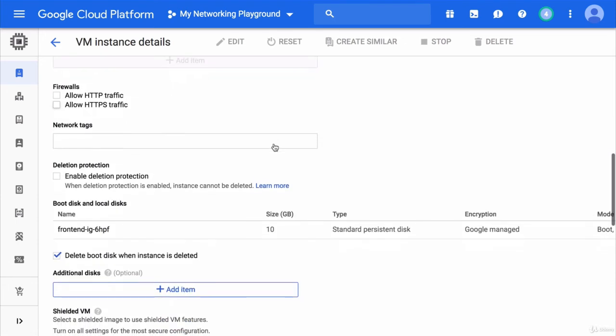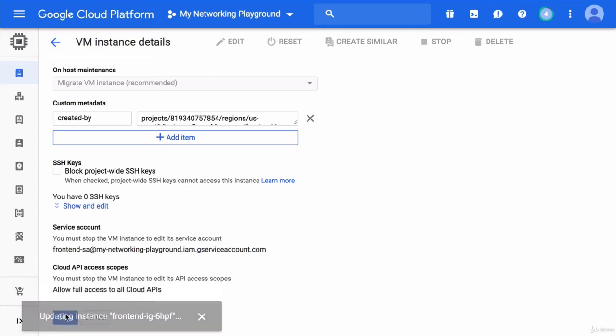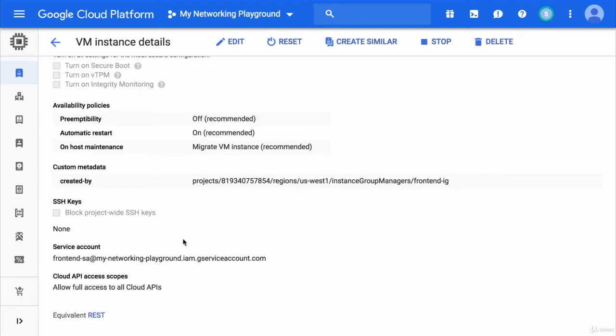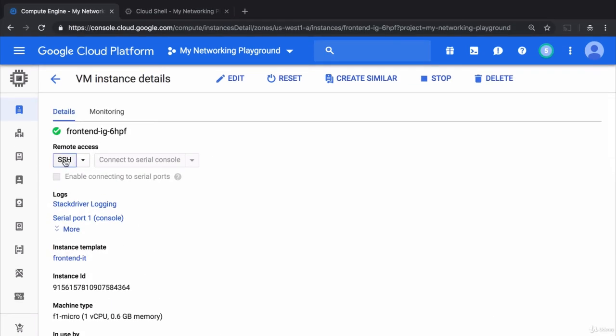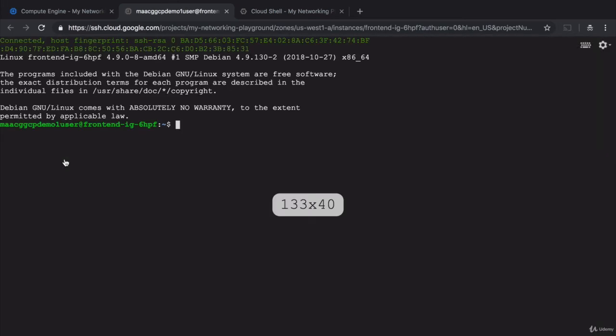But in this case, we're just applying this one network tag to the instance, saving our changes, and then retrying our connection with SSH. Well, now we've gotten somewhere. Our SSH connection was successful, so we could investigate whatever it was we wanted